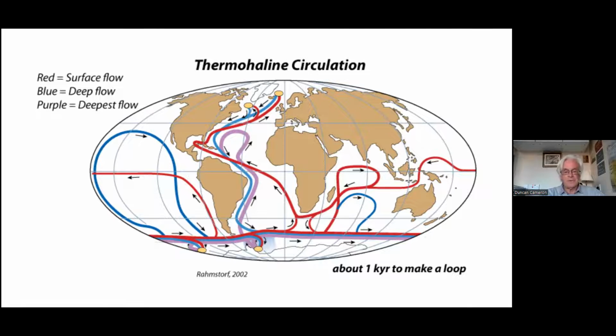And it's ecologically a very important distributor of heat around the globe, and it moves very, very slowly. It says in the bottom right, you see that? About 1 kiloyear to make a loop. It takes about 1,000 years for all that water to move around it. Apparently, with climate change that's taking place, there is a possibility that this entire circulation might break down. It's a very good subject for a map, in fact.